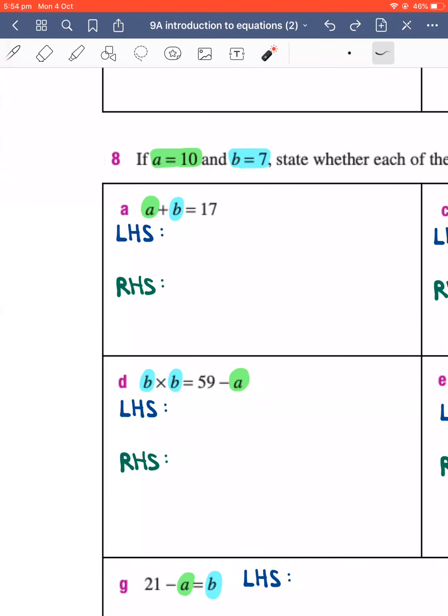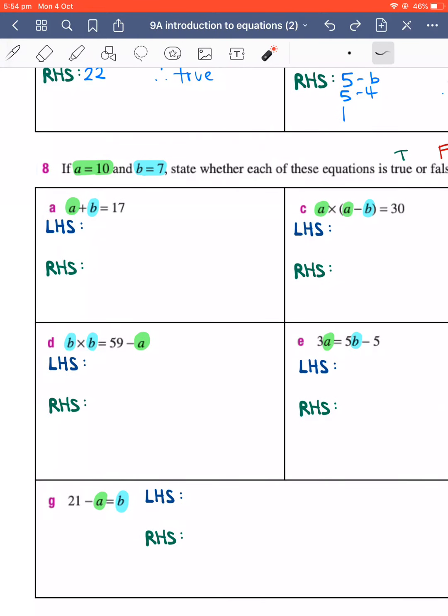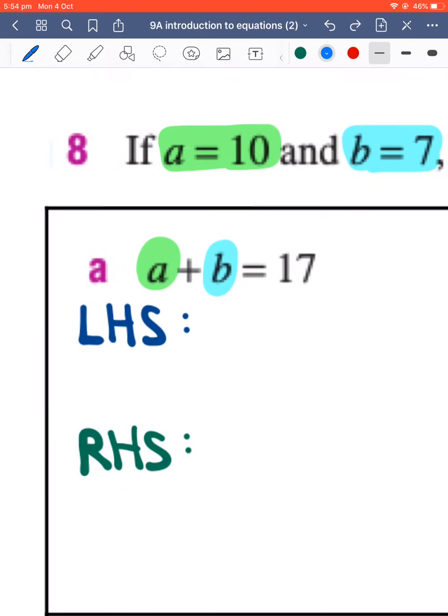Question number 8. Again, next thing. Again, you're focusing on whether it's true or false, but you are substituting in two values now for two different pronumerals. So just keep track. Again, write your statements out as we have before. So my left-hand side is a plus b. Let's substitute in now. So my a is 10 and my b is 7